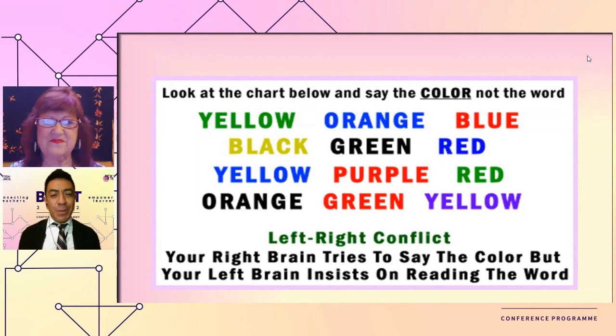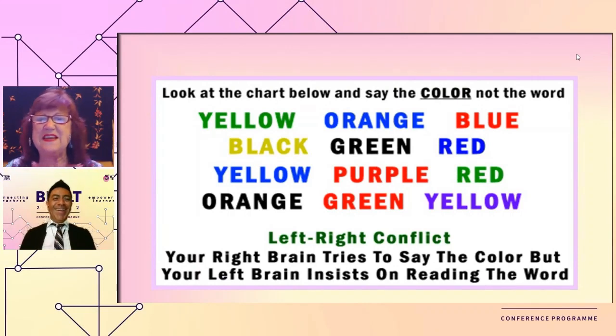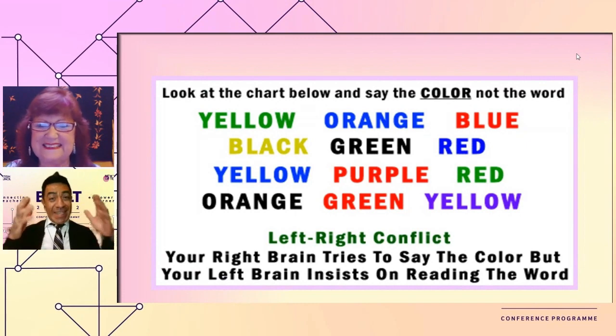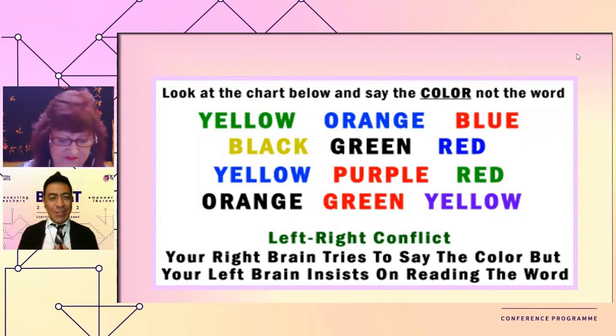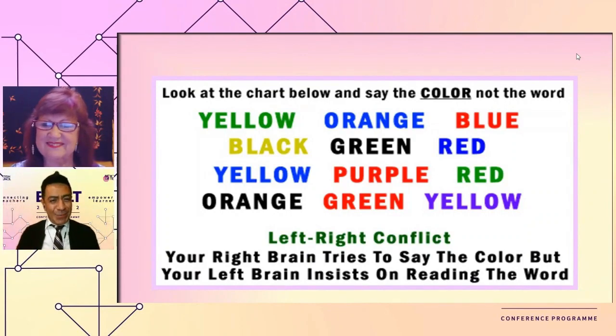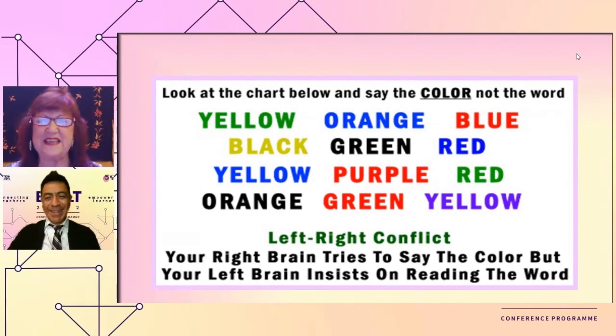Green, blue, red, yellow, black, blue, blue, red, green, black, red, purple. Wow, you're faster than me. But it takes time. You see, when you ask the audience to do so, I started reading the words, but it's really difficult. That's the whole point of it. It's great. And thank you for being such a good sport. You saved the day.